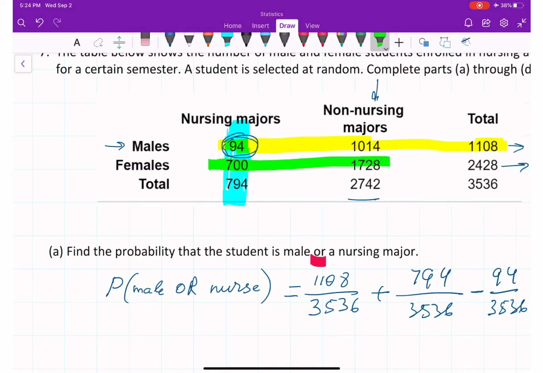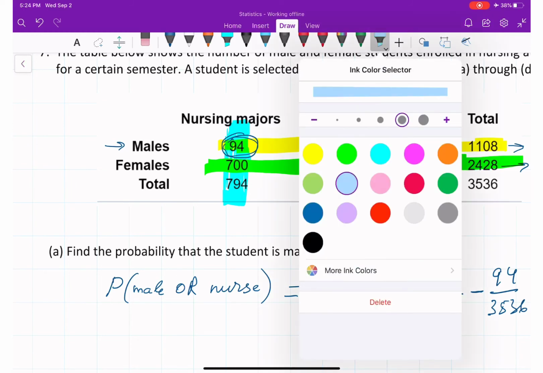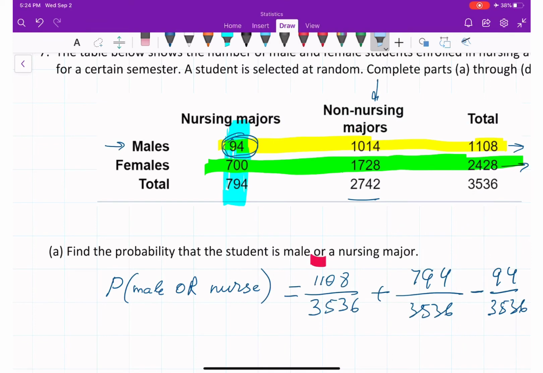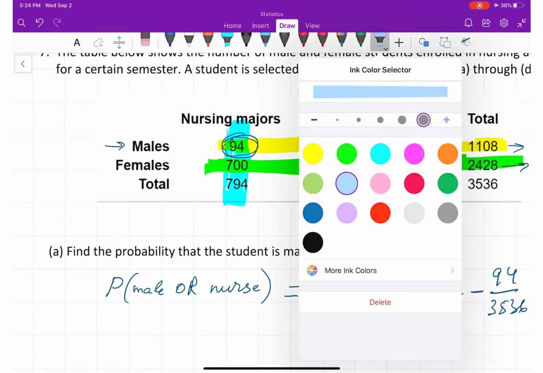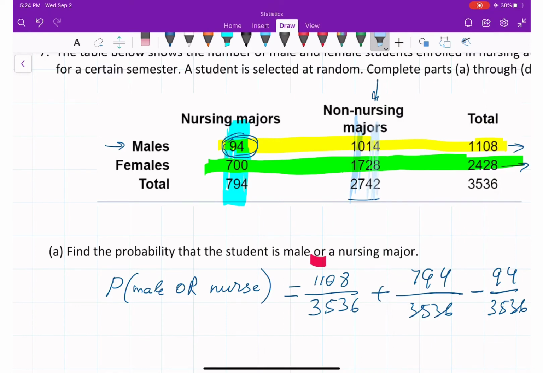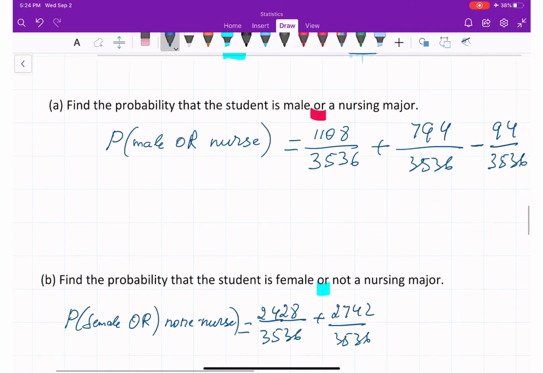Female. And we are interested in non-nursing major. So if I provide, let's say, the blue line, it's going to be this one, see? Repeating with female case and non-nursing major. So I will need to